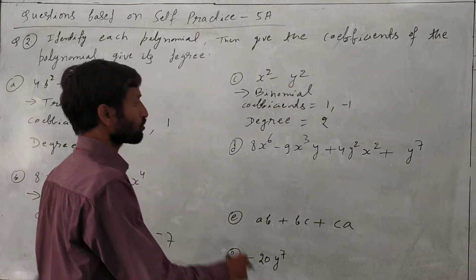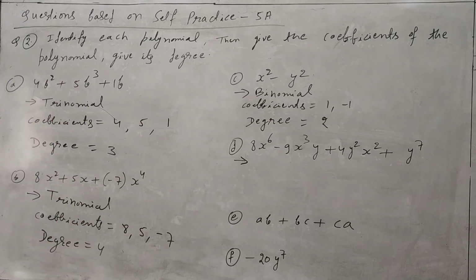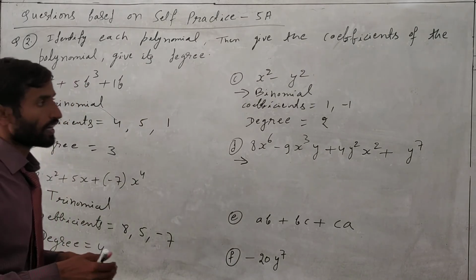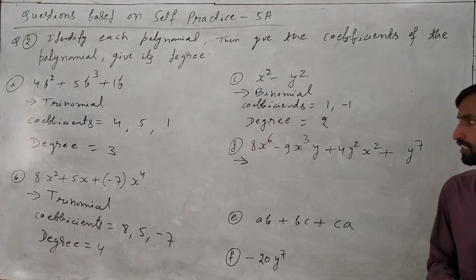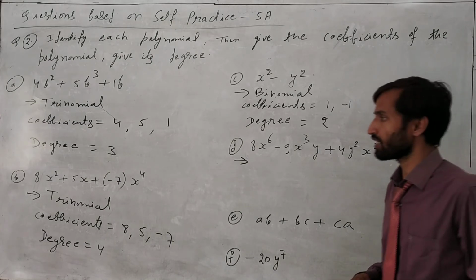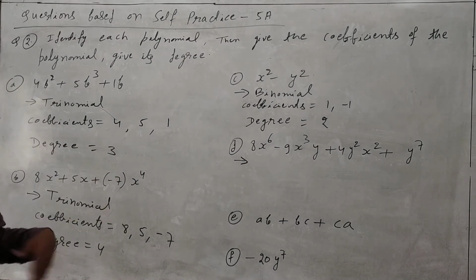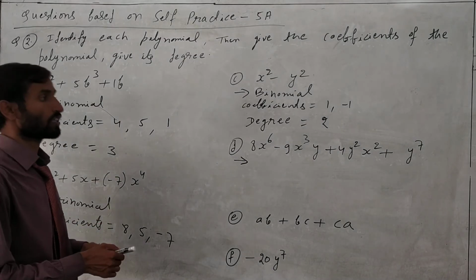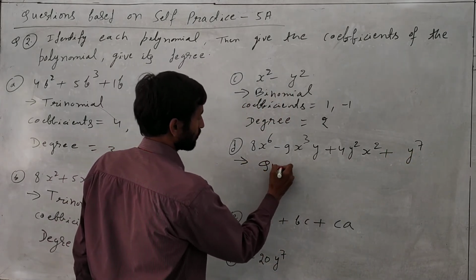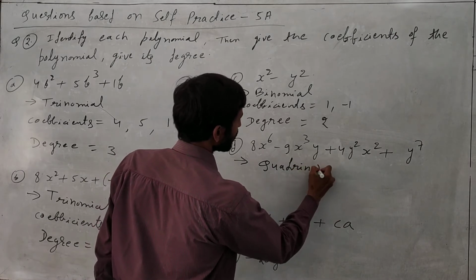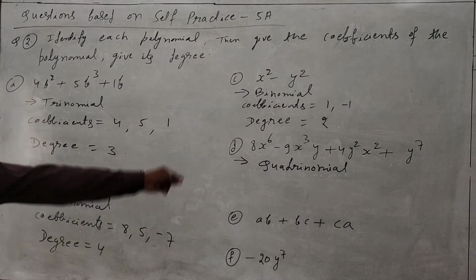There are 4 terms. In this question, up to trinomial is written, but I have explained in the video, whenever I explained the definitions of basic terms, another type also: quadrinomial, which means it has 4 terms. So just count, here it has 4 terms, so we can say it is a quadrinomial. In the book it is given only till trinomial, but I have explained up to quadrinomial. So just write down quadrinomial.